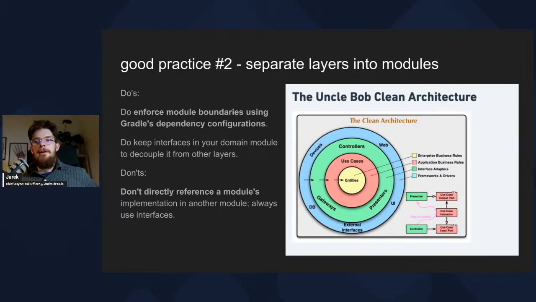So this approach to clean architecture allows individual features or layers to be developed, tested, and maintained in isolation. So we enhance the scalability of our application, scalability in terms of how many people at once can work on a